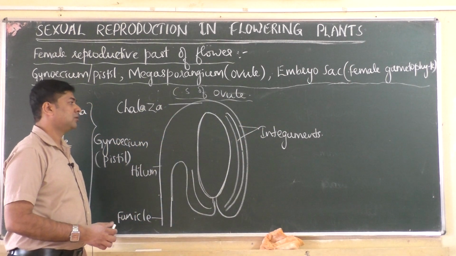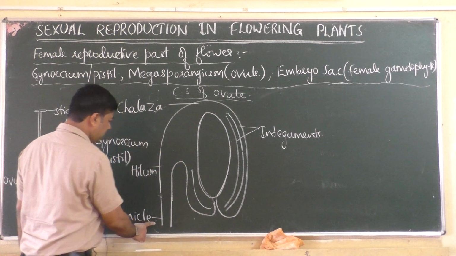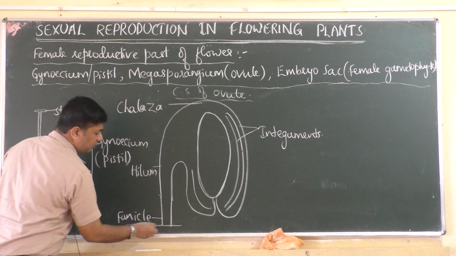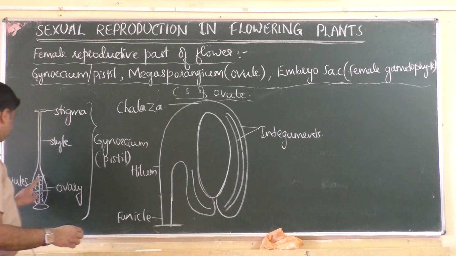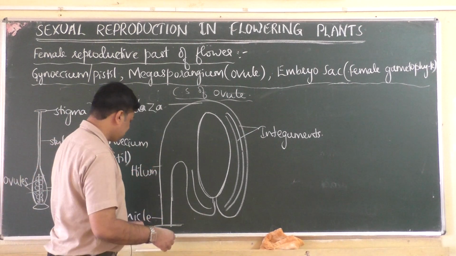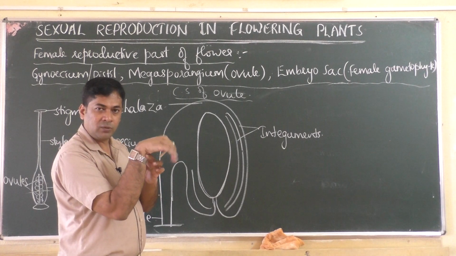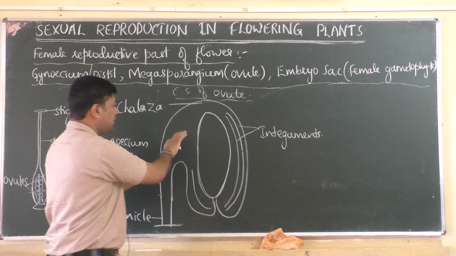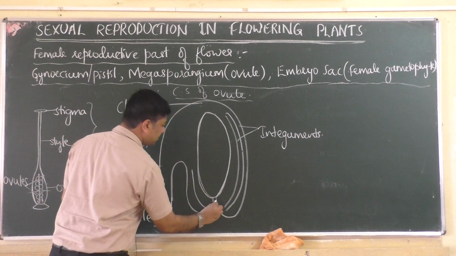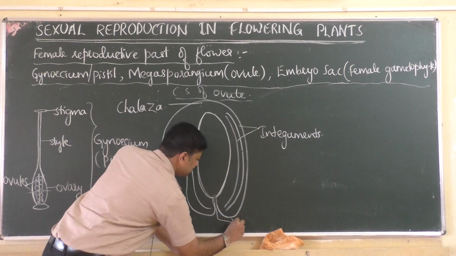Okay, so this is the ovule, the funicle is the lower part. With this funicle, the ovule will get attached to the ovary wall at the base. Here you can see this is the ovary wall, to which the ovules will be attached. The connection that is there, that is the funicle. Then hilum is a flexible part, so that the ovule can move up and down. Then this is the upper part called chalaza, and this is the opening. Here a hole or opening is there, which you already know is called micropyle.